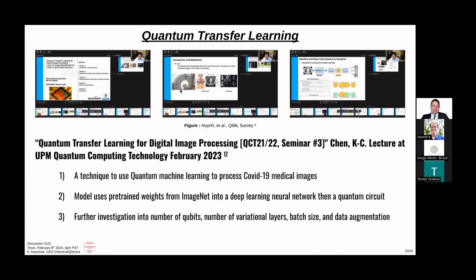So you see here, he uses the CT scan, and this was during COVID. Obviously I've worked on this model too, and I could pick out things as far as how I could make this better, or your algorithm here, that type of stuff. But he used COVID-19 medical images and this pre-trained ImageNet into a deep learning neural network,